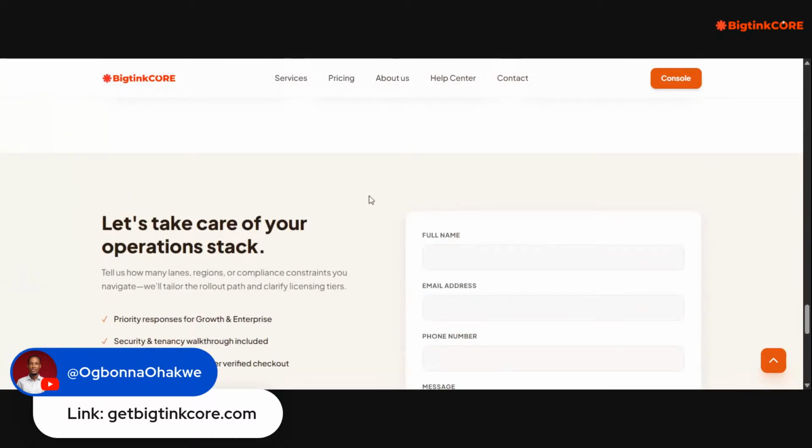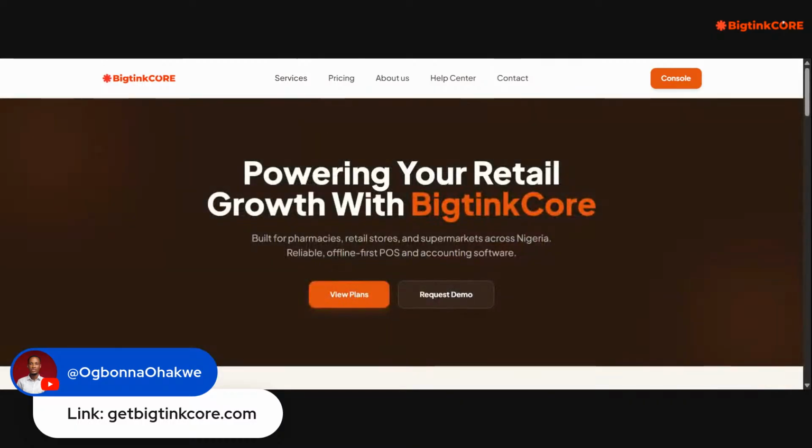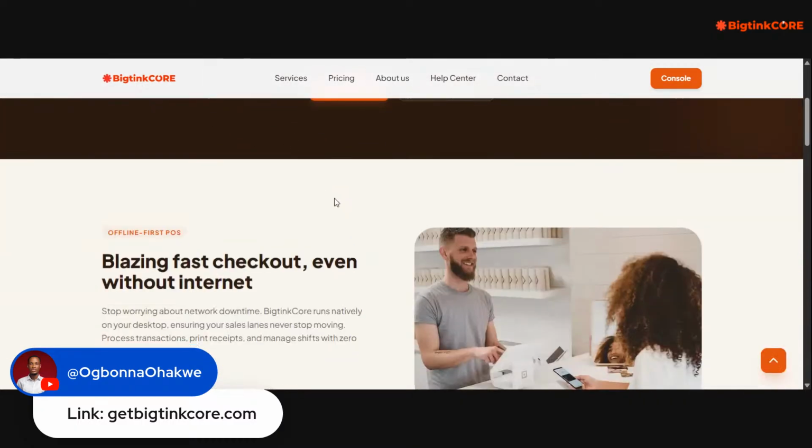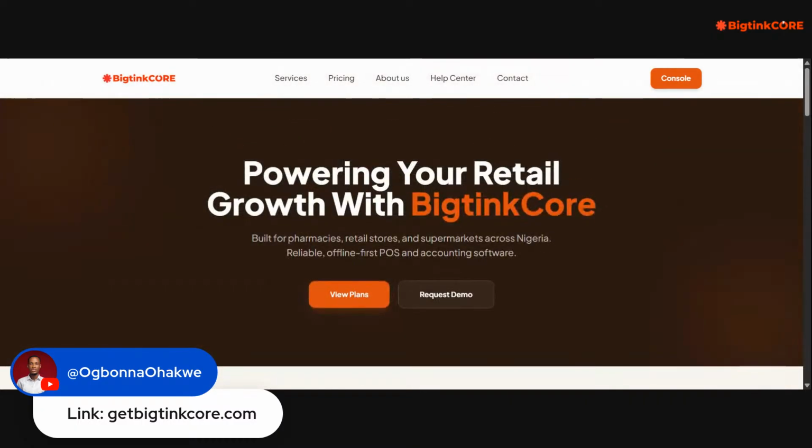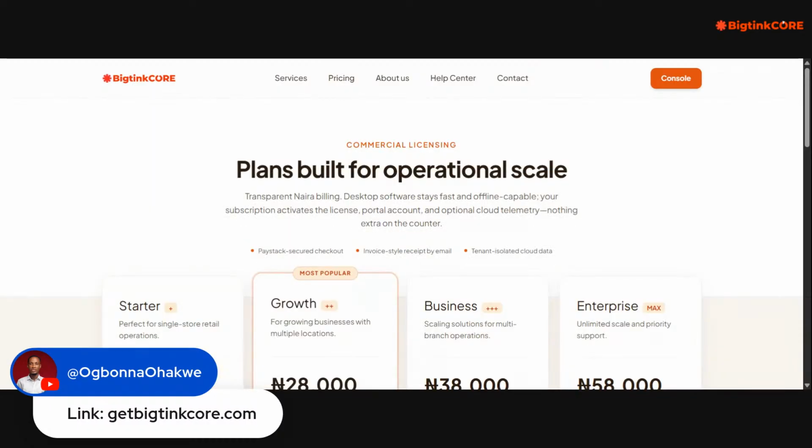Then, if you now want to use the software, how can you use it? Just go to the services page. You're going to see every single thing that you need. The POS terminal is very, very perfect. We have the pricing page. Just check the pricing page. Now, this is where the magic starts. For you to be able to use the software, you need to make payment for the license. Like I said again, because I'm making this video right now, the license gives you opportunities to have